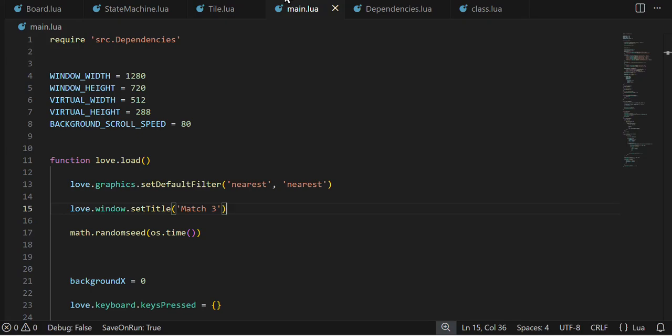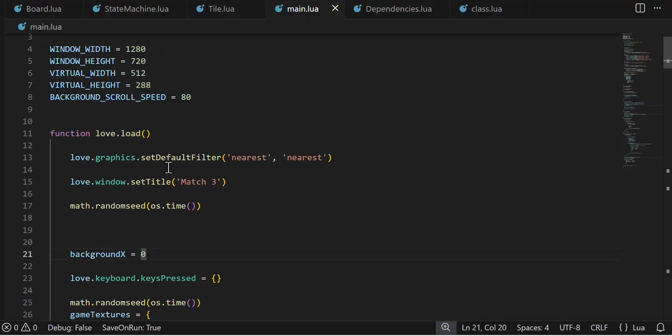Hello everyone, now I'm going to show you how to make a game called Match 3, which is similar to Candy Crush but was an old game from the 90s, wherein people had to match up three tiles of the same color in a row or in a column continuously. These are the constants,